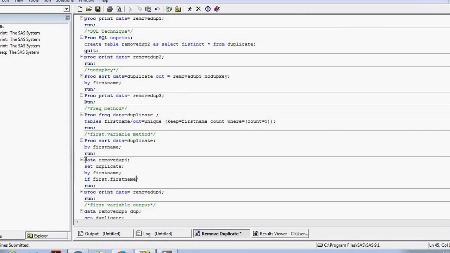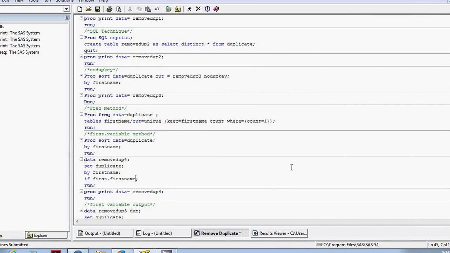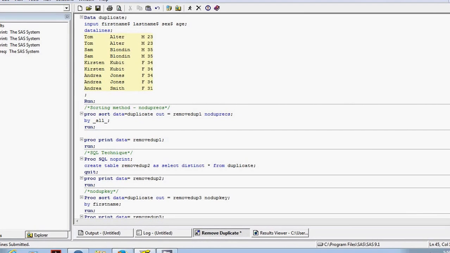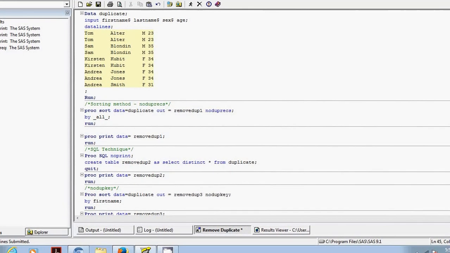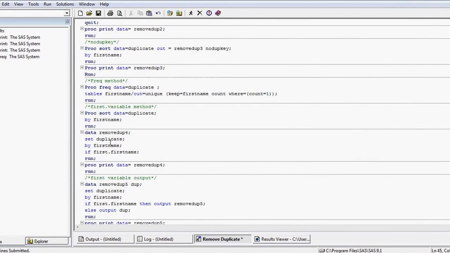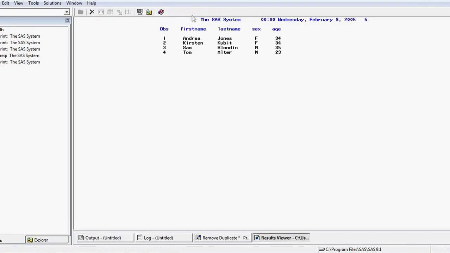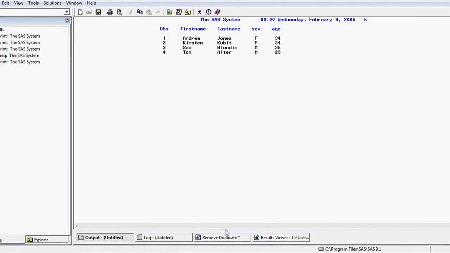So what it will do is take the first value of the variable. If the first name, like, it would take Tom Alter, because after sorting, this would be the first, so it would take this and it is going to remove this. So, here you go, like this.